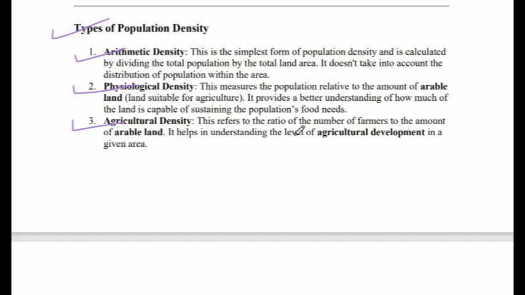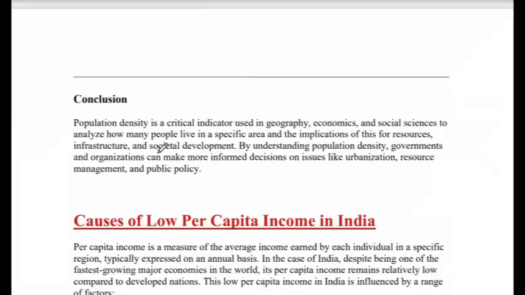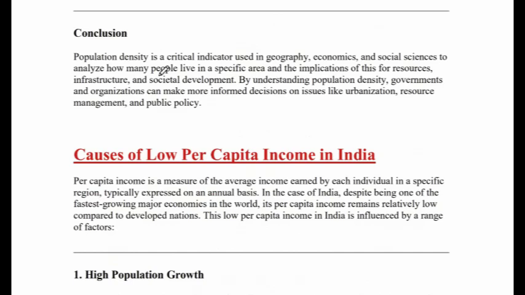इसमें क्या होता है कि इस तरह का डेंसिटी कब मेजर करते हैं कि लैंड के हिसाब से, जो फॉर एग्जांपल 25 स्क्वायर किलोमीटर का लैंड है जो एरेबल है, एरेबल मीन्स फार्मेबल, उसमें कितने फार्मर्स हैं वो उतना एरिया के लिए कितने फार्मर्स, तो सपोज 2 लाख फार्मर्स है इतना एरिया के लिए, तो एवरेज कितना हुआ तो वो डिवाइड कर देने का। ठीक है, तो फाइनली समझते हैं पॉपुलेशन डेंसिटी इज क्रिटिकल। व्हाई वी नीड टू अंडरस्टैंड